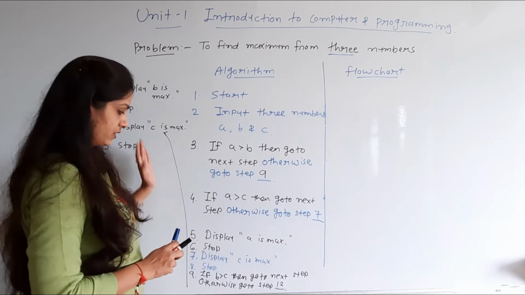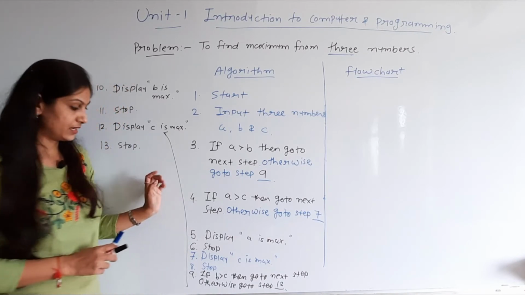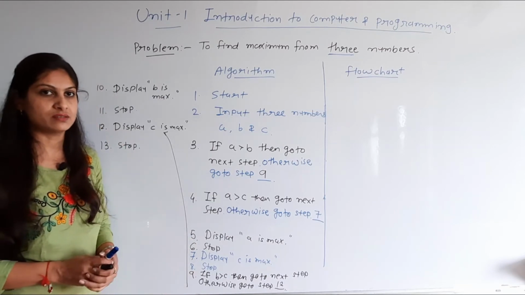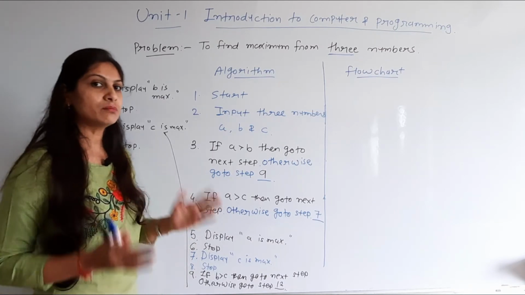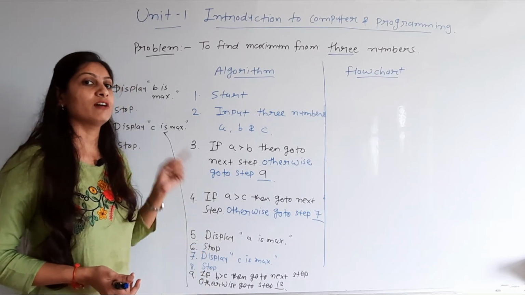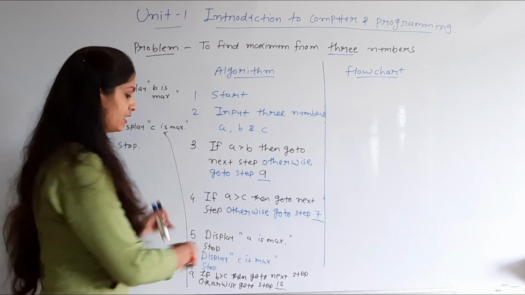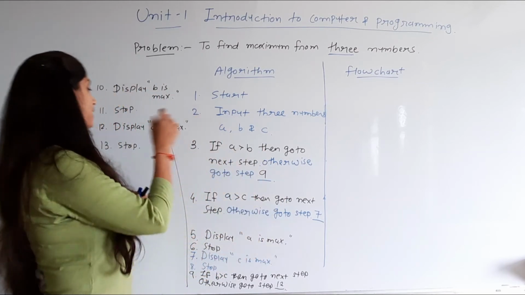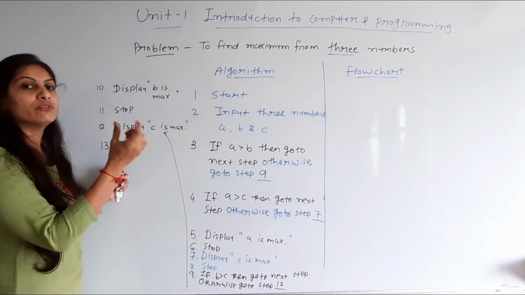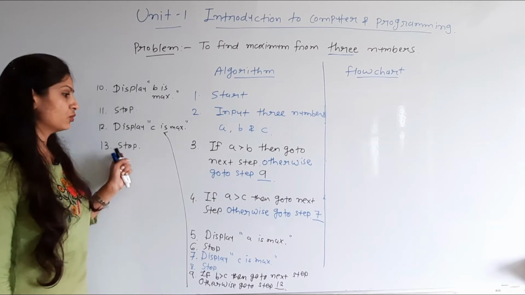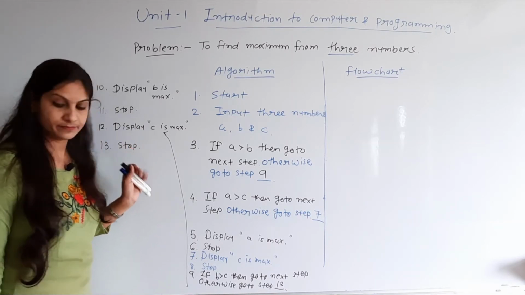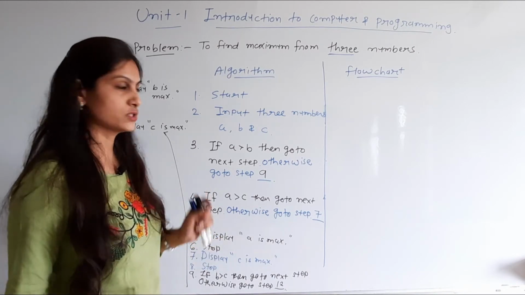So this is the algorithm for how to find the maximum of 3 numbers. But if you understand it, here we are writing the stop statement 4 different times. So you can reduce the number of steps using our first method, where you can directly write go to step, and then write the number of the last stop. So here I just discussed the second method of writing, but you should choose the first one.